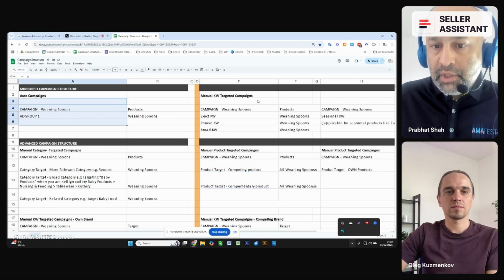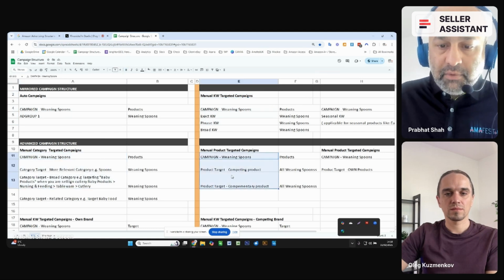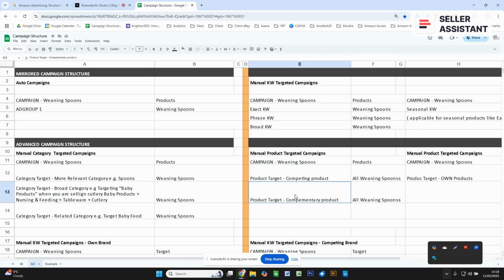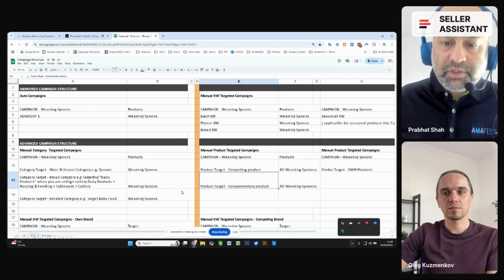Here, you are doing auto, this is manual, this is category, and this is product. And inside them, you are creating different sets of targets again. So, by doing so, you are allowing yourself to measure the success of what is better and what is not